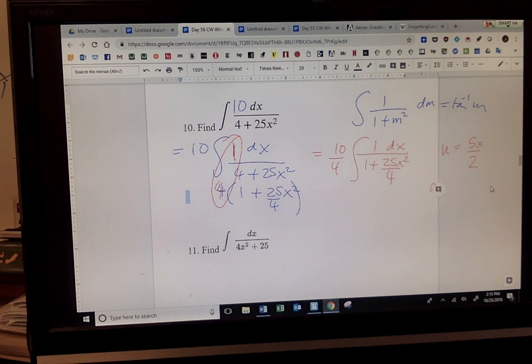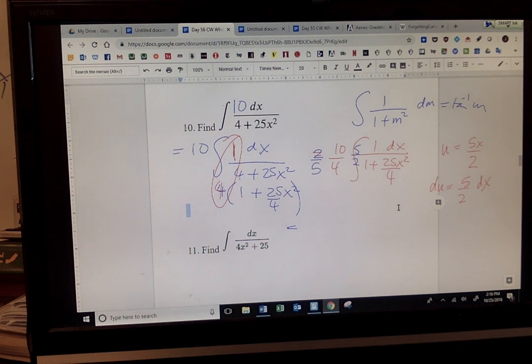Therefore du is 5 over 2 dx. Yes? Therefore, I don't have a 1 dx. I need a 5 halves dx. So what should I do? Introduce a 5 halves. What? Use a different pen. Girls, if you're writing good notes, use a different pen. So I should balance it outside with a 2 over 5. So the outside guy is really